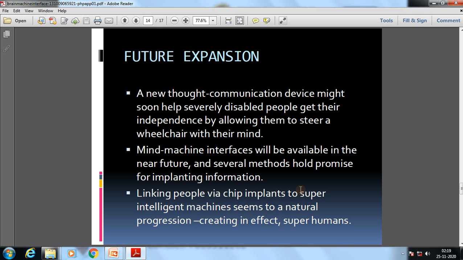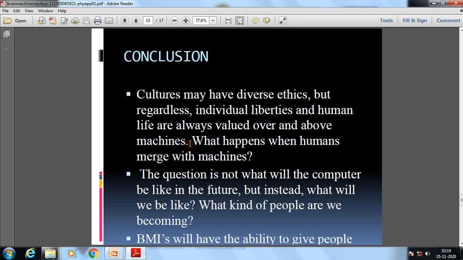Okay, let's go to the next slide. Conclusion. Cultures may have diverse ethics, but regardless, individual liberties and human life are always valued over and above machines. What happens when humans merge with machines? The question is not what the computer will be like in the future, but instead what we will be like. What kind of people are we becoming? BMIs will have the ability to give people